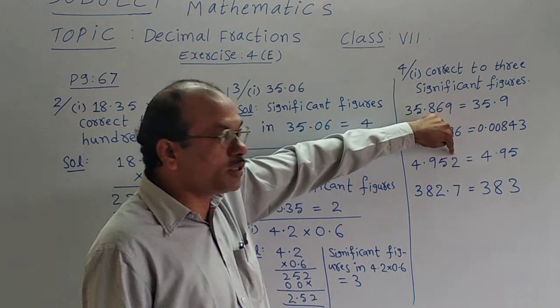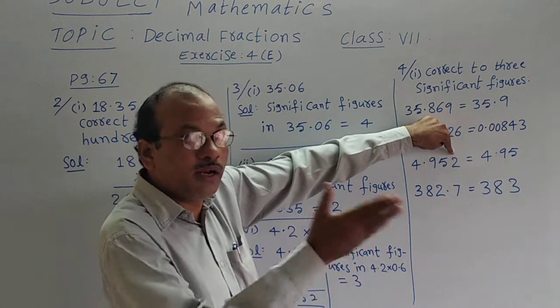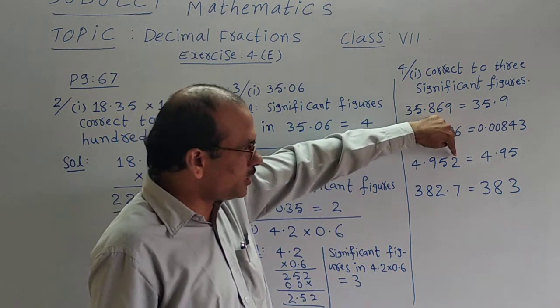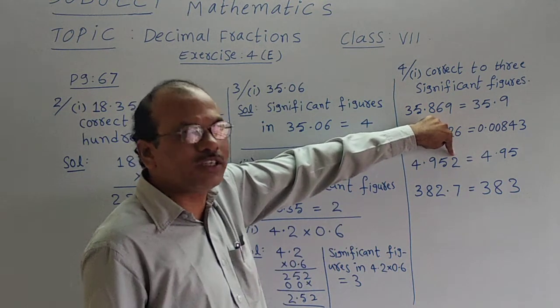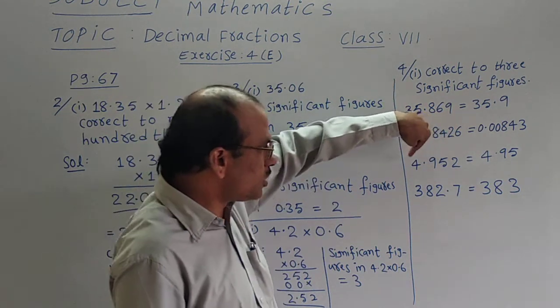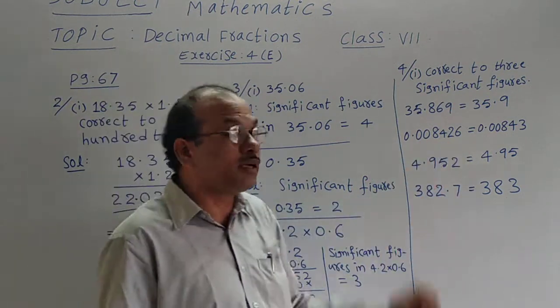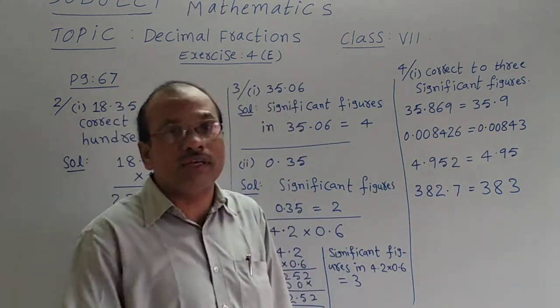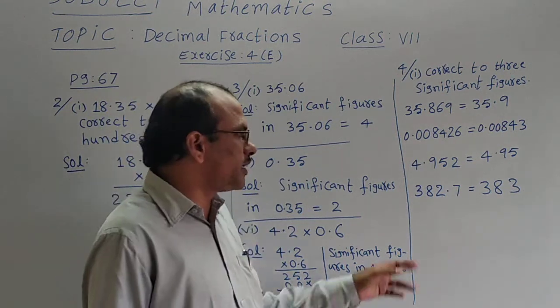Then we should observe the next digit, whether it is equal to 5, more than 5, or less than 5. This 2 is less than 5, so simply we can ignore that without any addition. So that is 4.95, there are 3 significant figures in the answer. Those 3 are also valid digits. Am I correct? Next, last one,